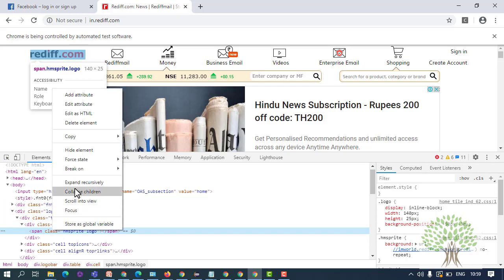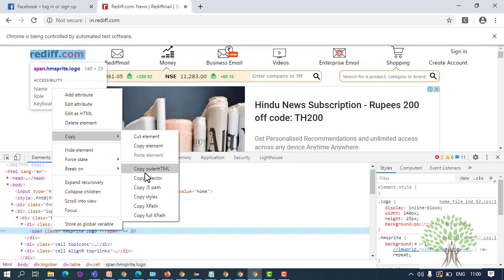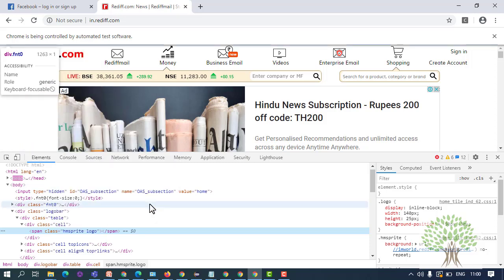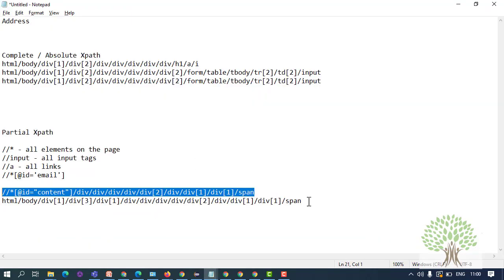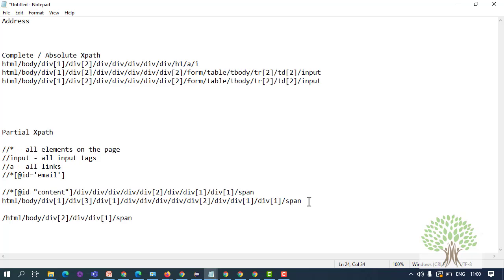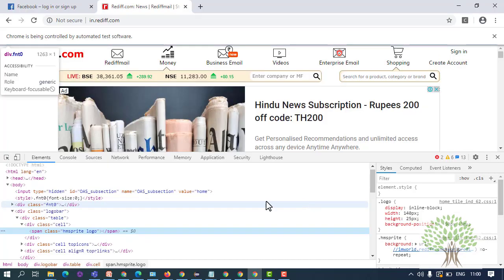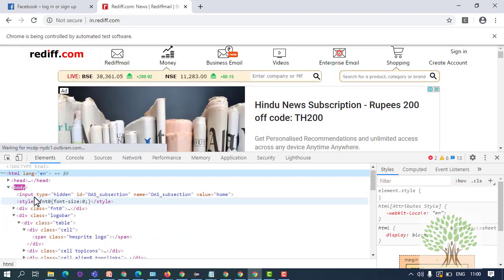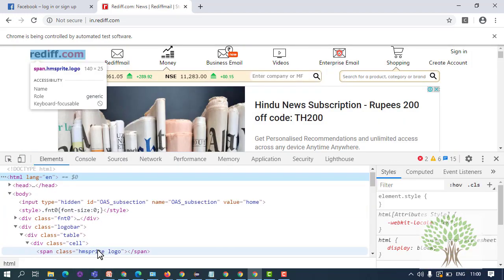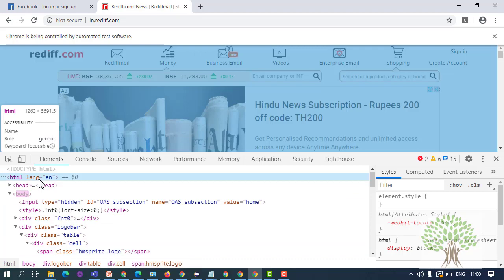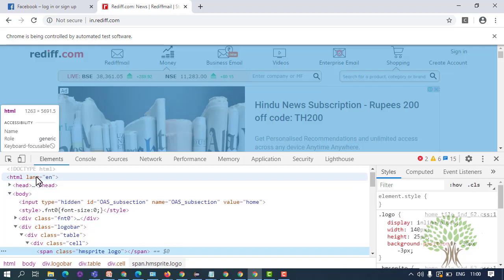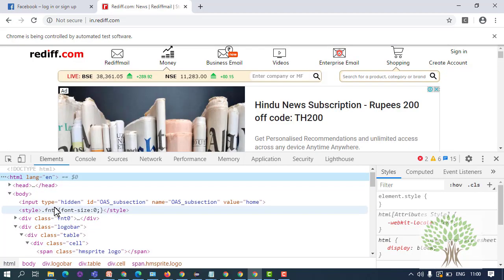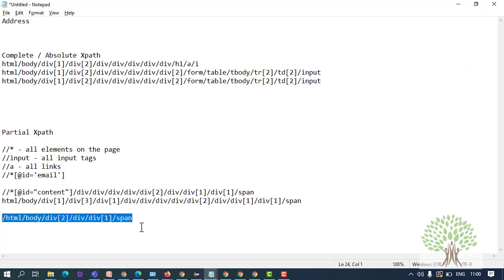If I copy the partial XPath for this image, Chrome gives me a full XPath, because between this span tag and the HTML tag, there was no element which had an ID. So it simply gave you the complete XPath.